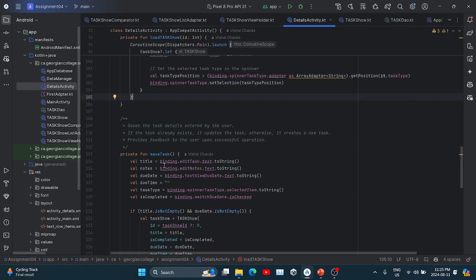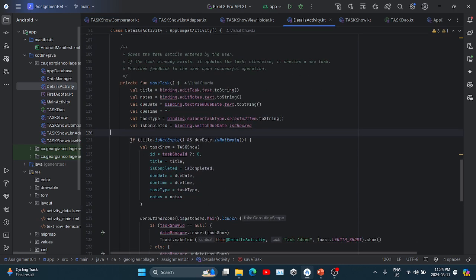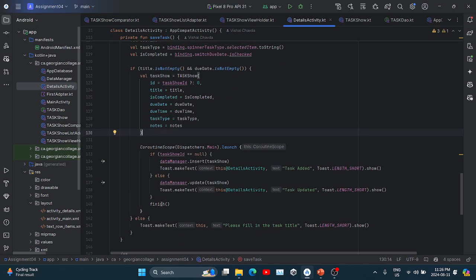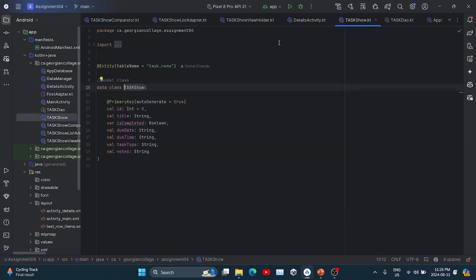Now I turn to the save task as well. With the save task, I have titles, notes, also due date as well, and task type from the string I get, and it's completed for the check mark as well. So if the title is empty, then it's not allowed to do something like that. Then this is the one which I created for the if function. If by task is the task ID, title, is completed, due date, due time, task type, and the notes as well. From here you will see all the ones,